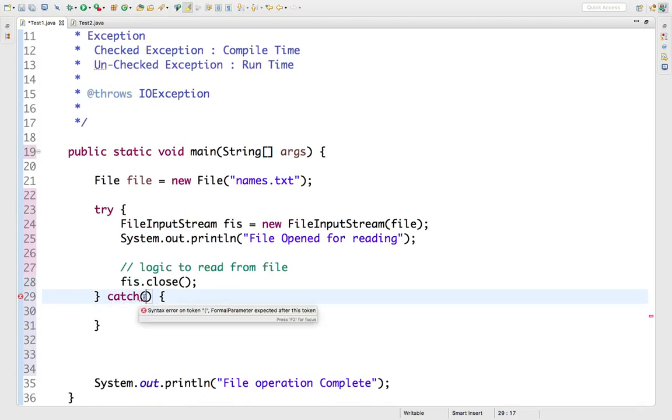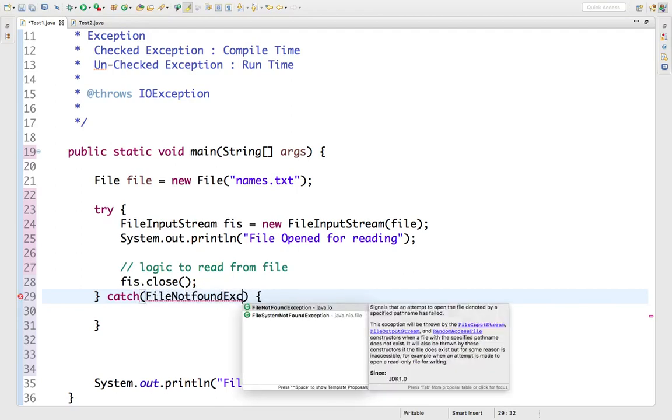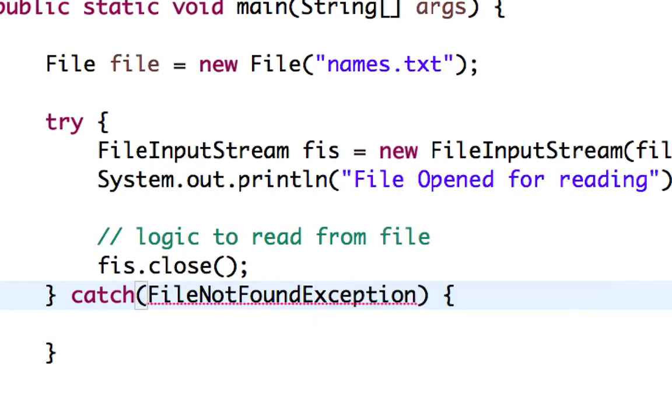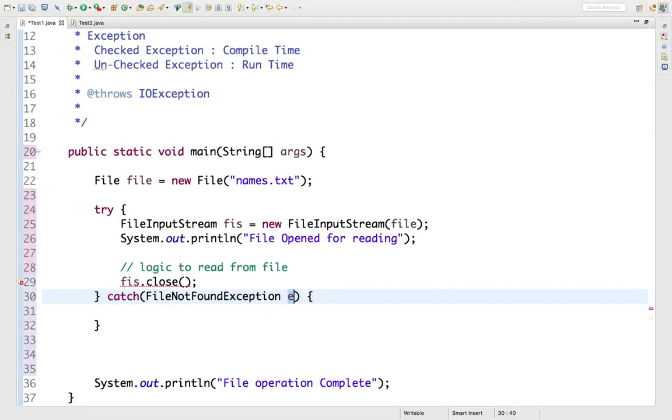For that, Java has told us file not found exception is about to come. So we can write file not found exception, and if you want to complete it, use Control and Space. It says file not found exception. Double click or press enter and you can give it a name. So now this is the class, and this is the reference. So we are handling file not found exception, and we're going to tell